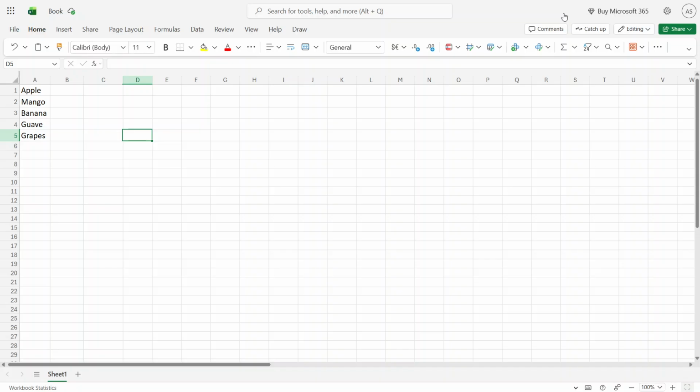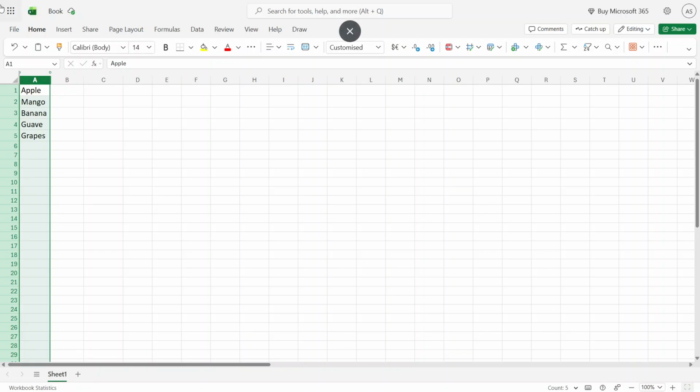To get started, open your Excel file and locate the column you want to alphabetize. Before you sort anything, take a moment to make sure you're selecting the correct column because Excel will rearrange the data in that selection based on the sort order you choose. This is especially helpful when you're trying to clean up a long list and want everything to appear in a more organized format. Once you've selected the column, go to the Home tab at the top of Excel if you're